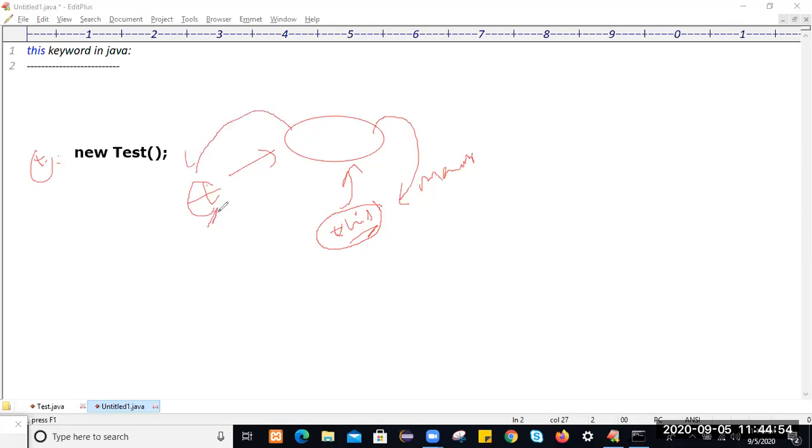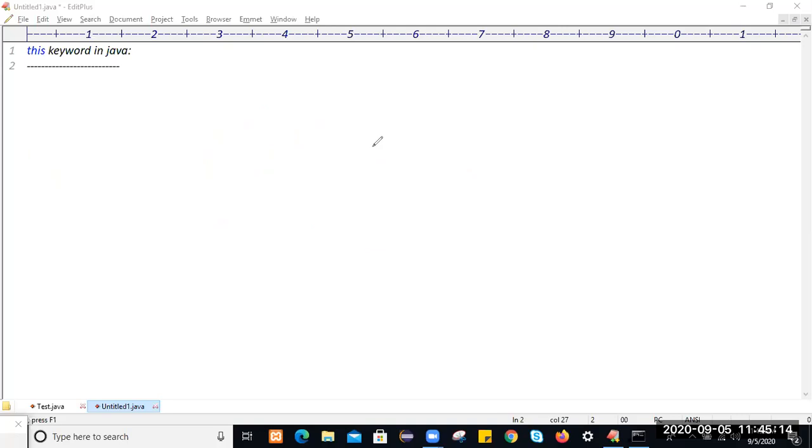This is called the name of the object. t is the name of the object. That is called a reference variable. Similarly, this is the name of the object. This will point to the current class object which is going to be executed. But this is a predefined reference variable, and small t is the user defined reference variable.